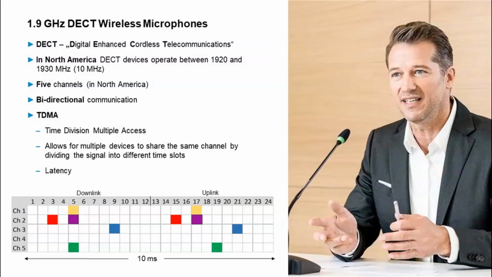The other good thing about DECT is its high frequency and the ability to change its power. You can easily contain these within a room. So as you're building a DECT system, it's important to get it, similarly to the UHF system, to the lowest power where you can walk the body pack around the entire room without it dropping out. With the higher frequency, if you set that power low, it's going to be contained within the room.